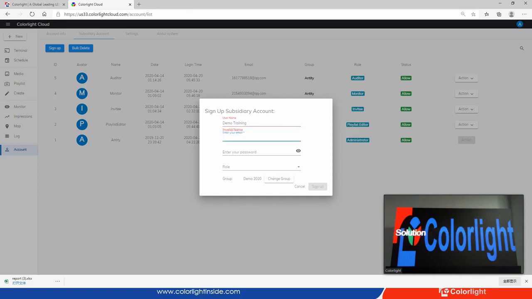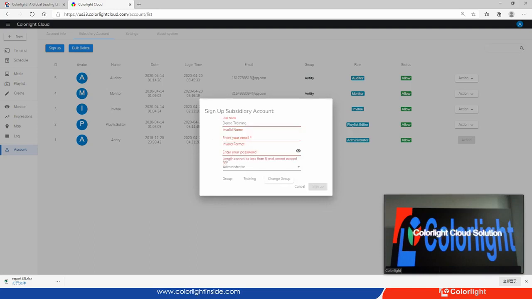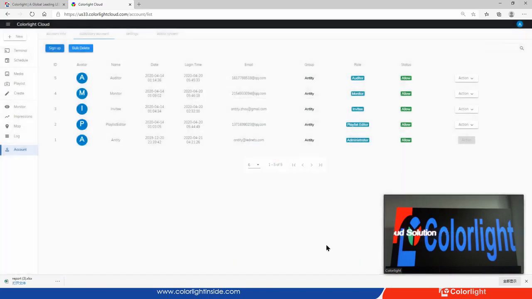And input the email address, enter the password, choose a role, and then set the terminal group for him. And then just confirm. Then he will get his own account. So when we get the first class account, we can sign up the second, the third class account by ourselves. We don't need to do it